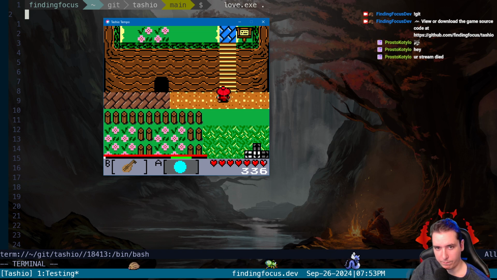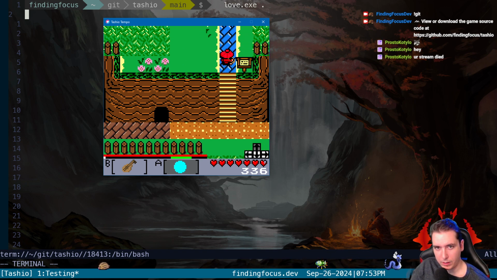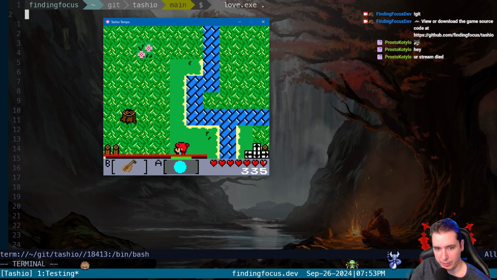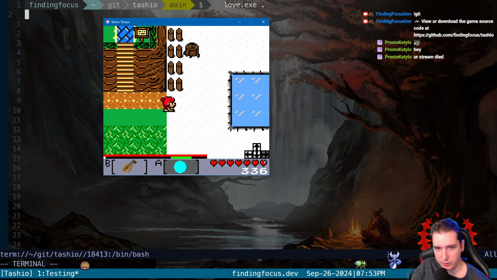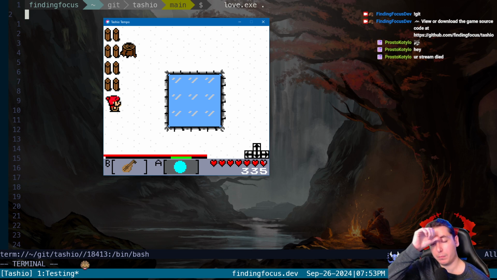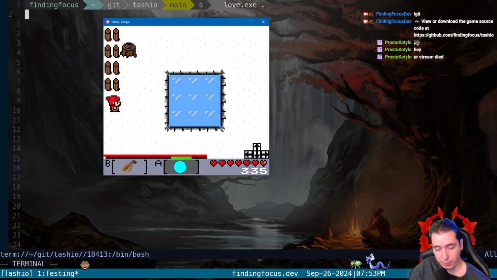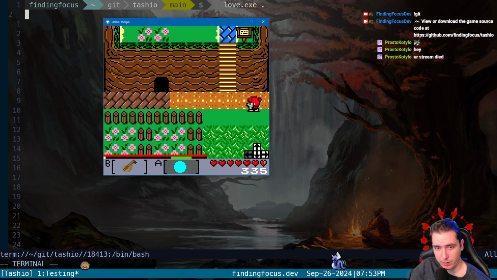And then what else do we need? Other spellcasting would be nice. We need some unique sprites for drawing different maps, because right now we only have very, very few sprites.